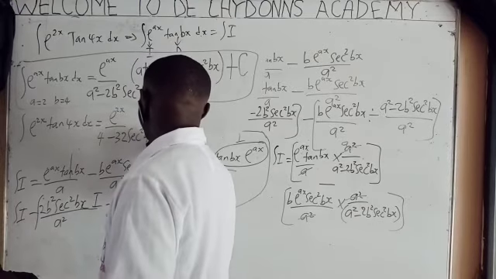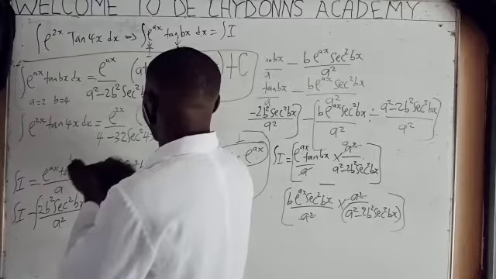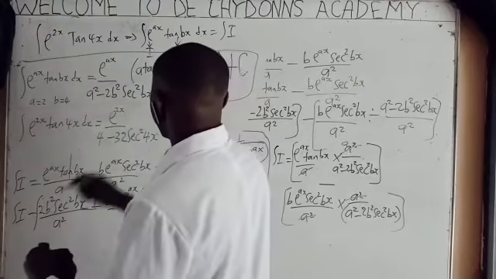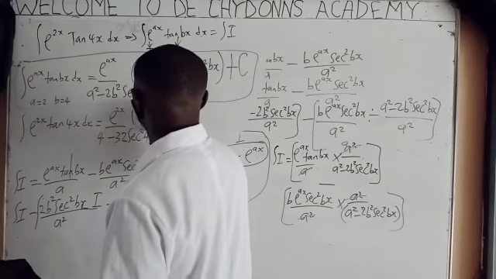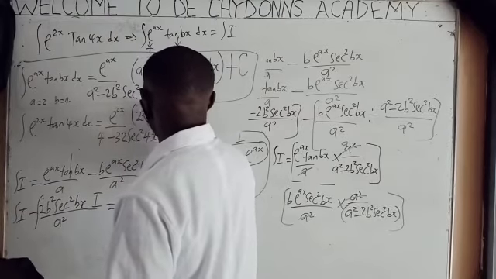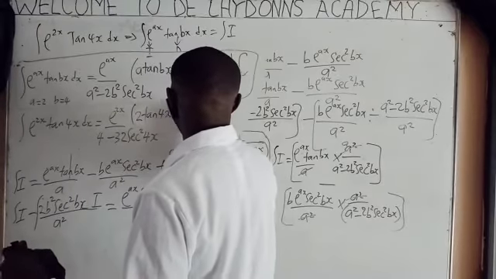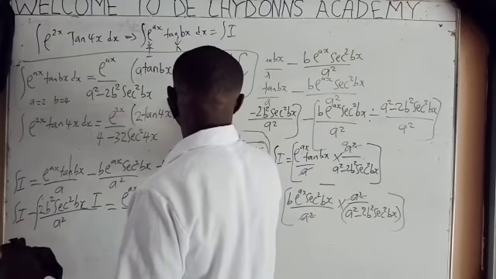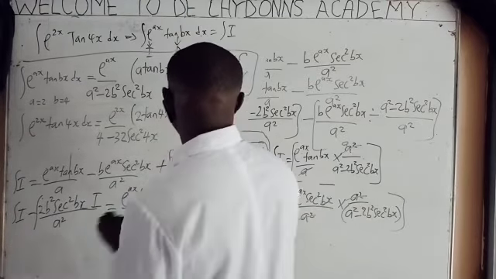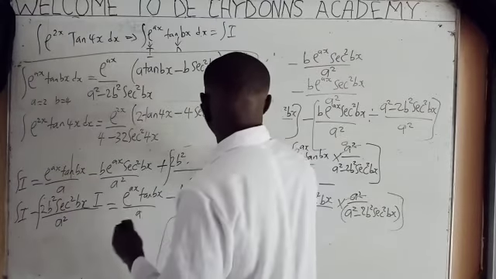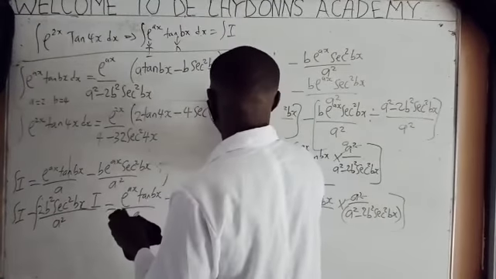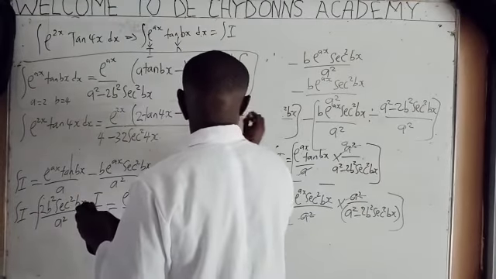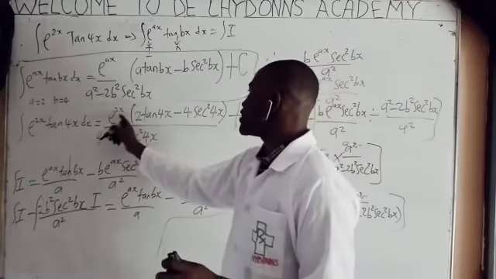What is my b? 4x. Then bracket, I will now say what is my a? 2 tan 4x minus 4 sec square. What is my b? 4x. Then after writing this, I will say plus c. So exponential 2x bracket